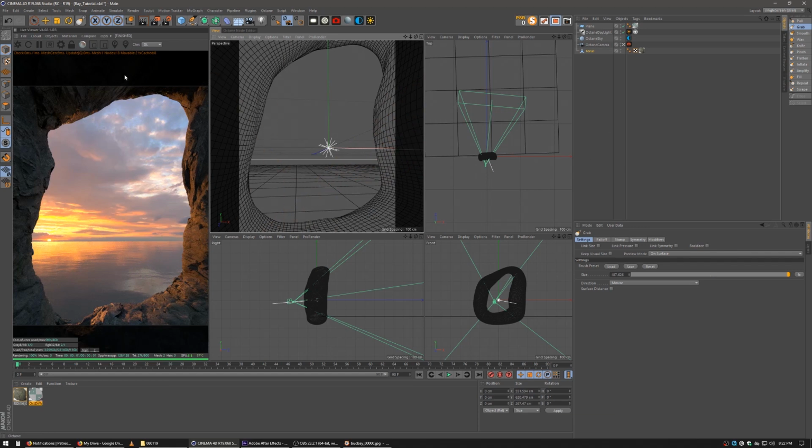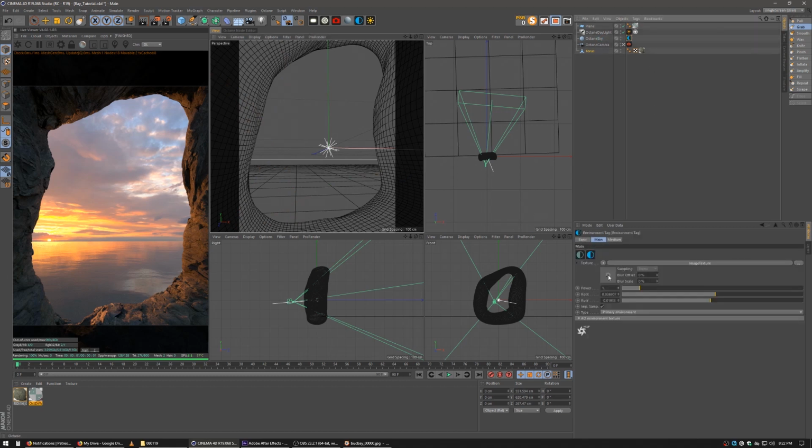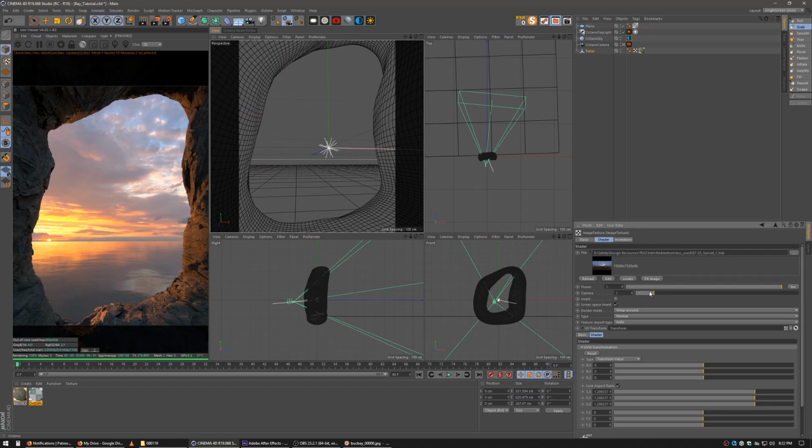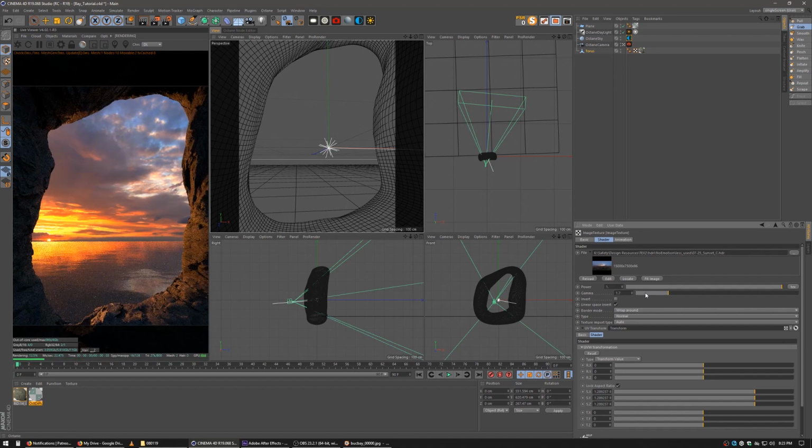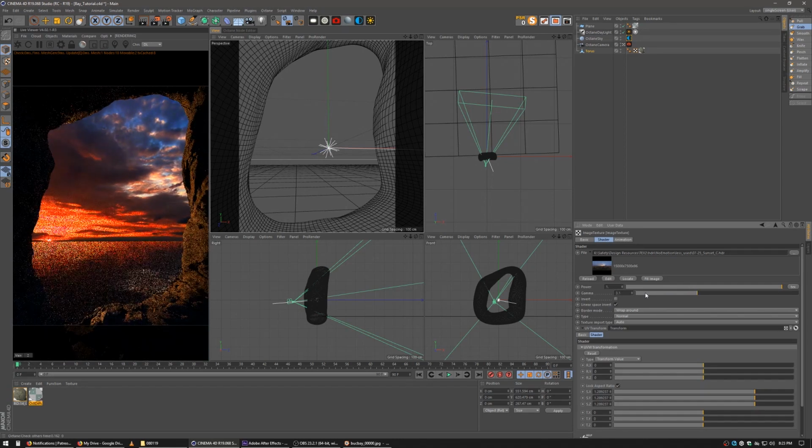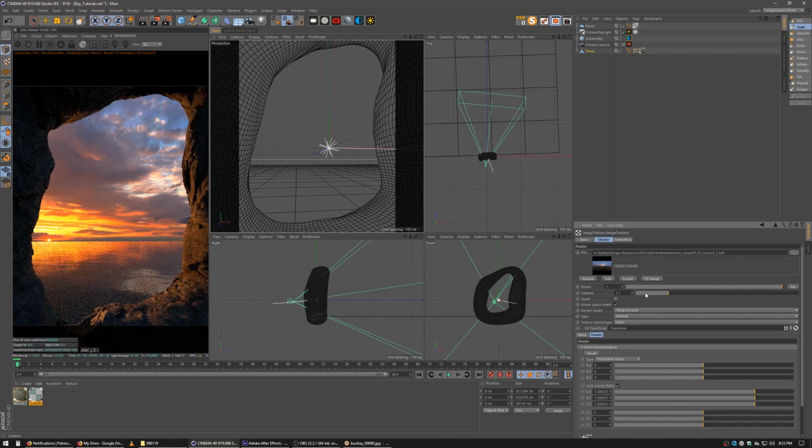We have our cave, our water, our sky behind. I'm going to click on our sky again, and under the image texture I'm going to tweak the gamma just a little bit. So just by setting it to 1.2, so 1.1 is there, and if you see as I go up in the gamma we get more saturation and more contrast out of the sky, and it looks really fantastic. And the more you push it, the richer it gets, but that's way too far. So we'll try somewhere around here,